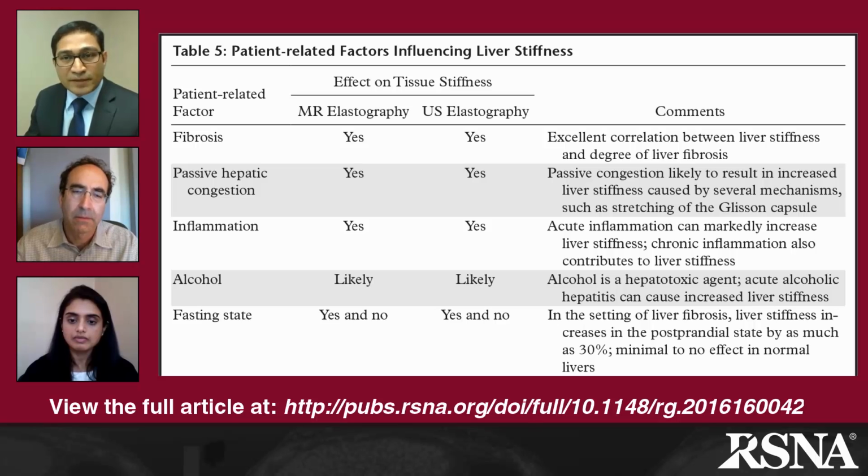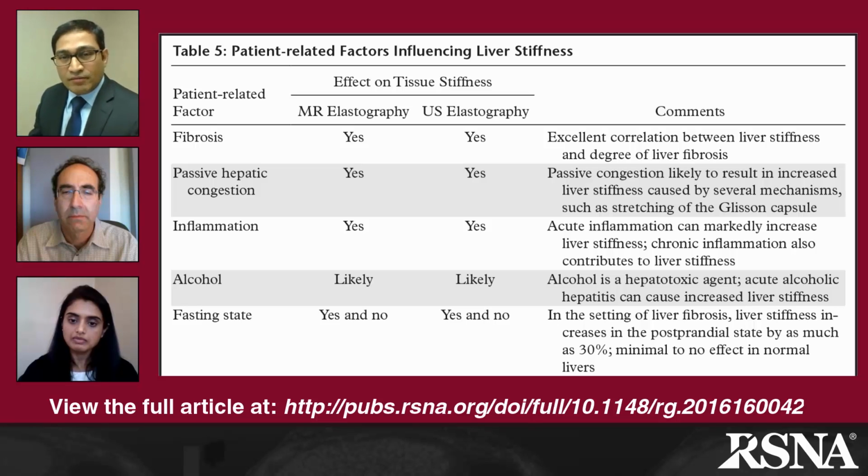On the same line, acute alcoholic hepatitis, like when somebody goes on an acute binge of alcohol, can also cause severe inflammation of the liver, and at that time liver stiffness can be higher. So we need to take into consideration whether the patient has these coexisting confounding factors before using any elastography technique, whether MR or ultrasound, because these are going to give you falsely elevated stiffness and you might interpret it as cirrhosis. So you have to be careful to rule out these conditions.